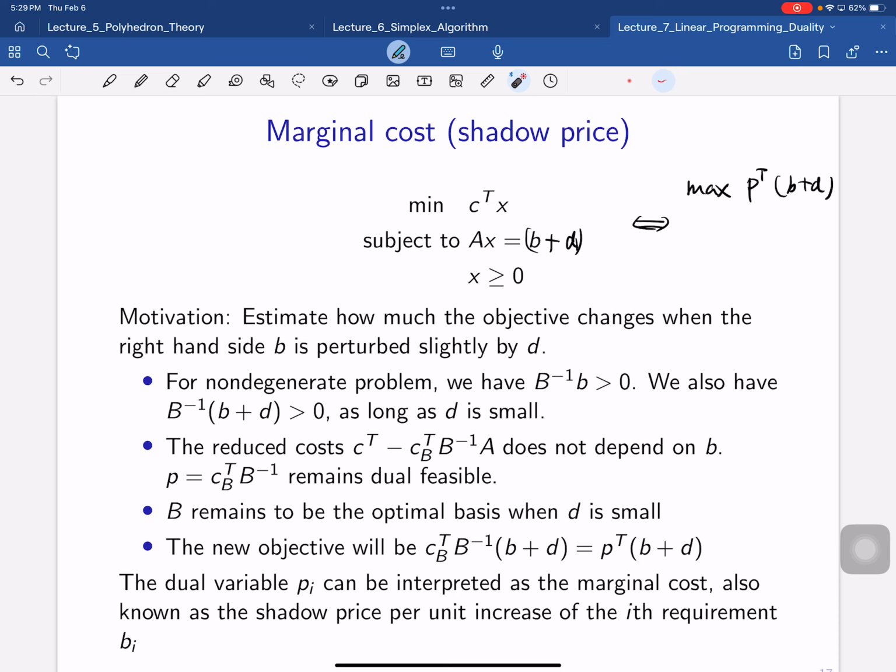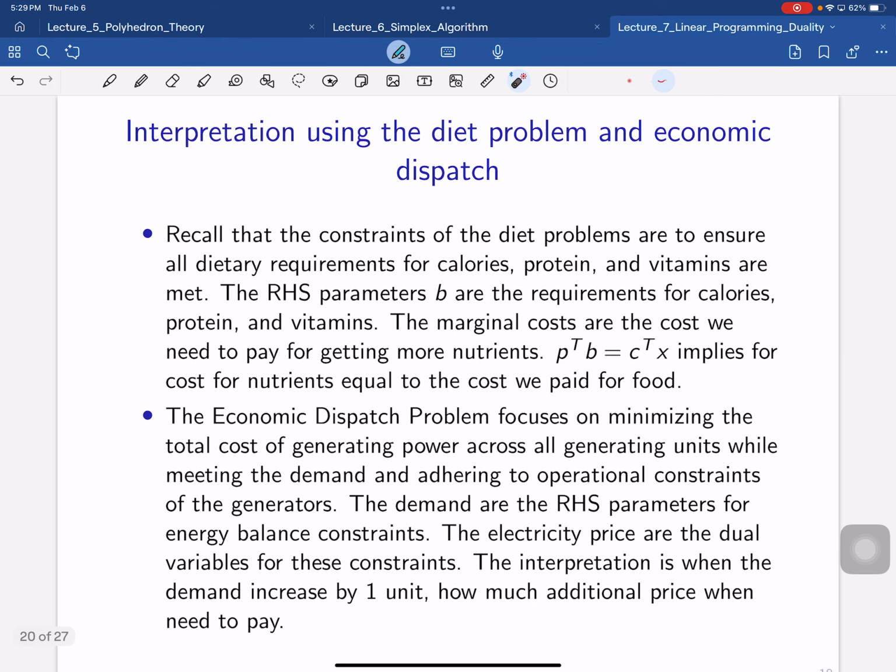If you perturb B slightly, how do you differentiate this optimization problem with respect to its parameters? If you only change the parameter slightly, how much will the optimal objective value change? Okay. So now let's give a very concrete example to help you understand how to interpret an optimization problem,